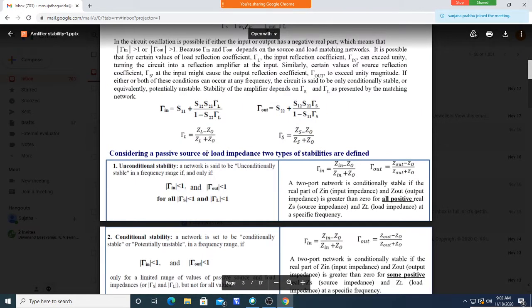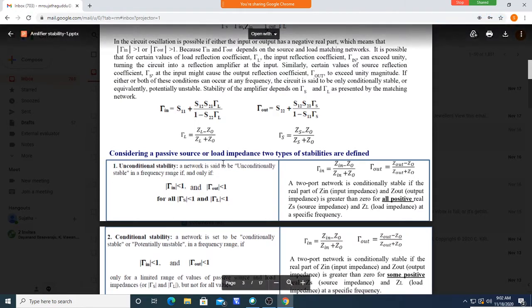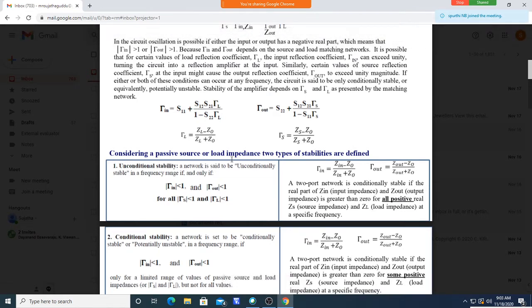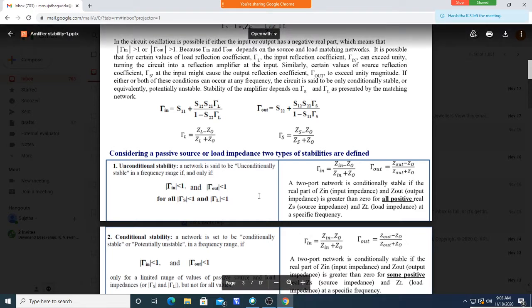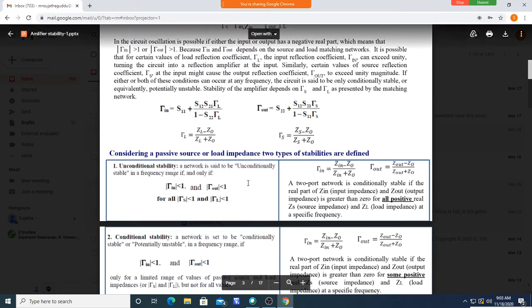Okay, we were discussing stability of the amplifier in the previous class. Any network, that amplifier must be stable in its operation, or it must be capable of maintaining its characteristic effectively while it is operating. Operating characteristic means, as I said in the previous class, one example is gain. Gain is the operating characteristic. That means the gain should be constant while the amplifier is operating; whatever gain you set must be constant.